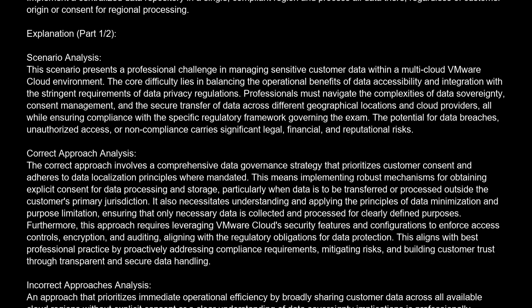Furthermore, this approach requires leveraging VMware cloud security features and configurations to enforce access controls, encryption, and auditing, aligning with the regulatory obligations for data protection. This aligns with best professional practice by proactively addressing compliance requirements, mitigating risks, and building customer trust through transparent and secure data handling. Incorrect approach analysis. An approach that prioritizes immediate operational efficiency by broadly sharing customer data across